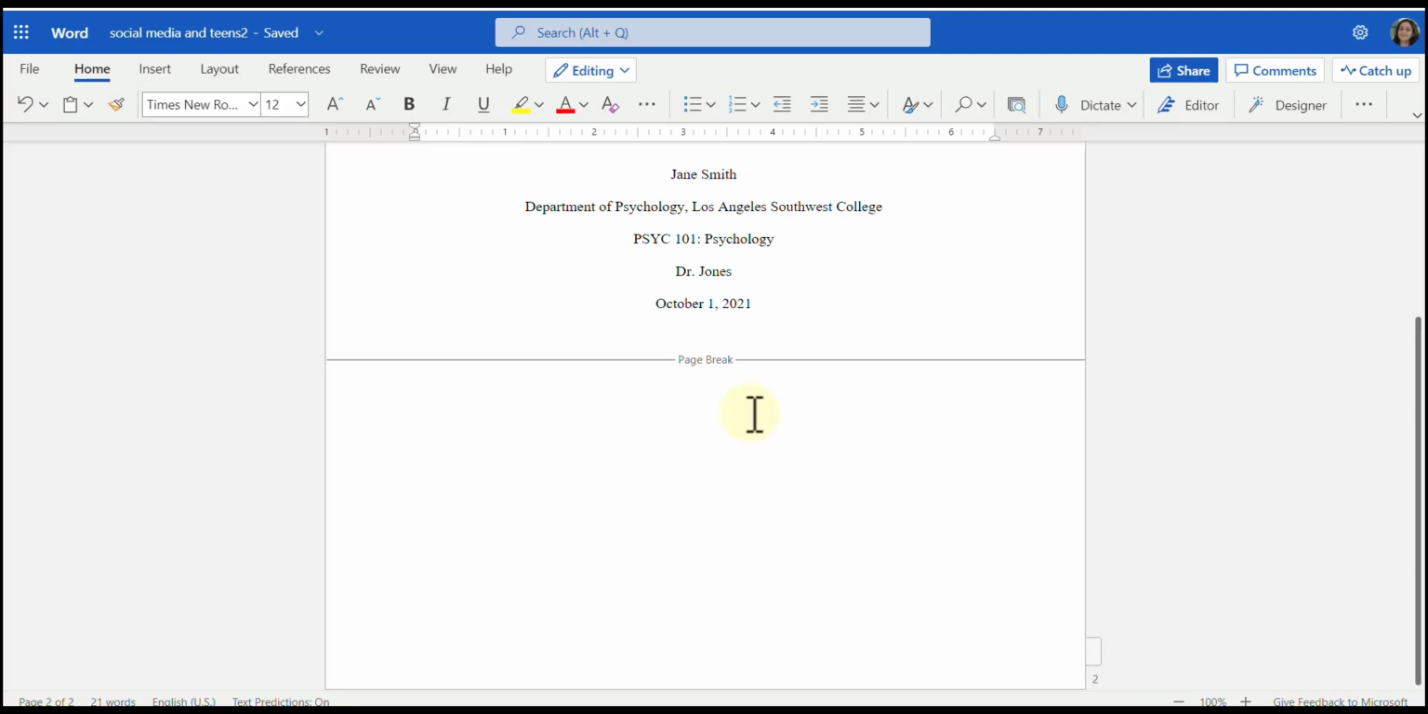And on the first line of page number 2, I need to re-enter the title of my essay, and it needs to be centered and it needs to be in bold. So from the Home tab, I'm going to turn on the bold feature. My alignment is still centered. Next, I'm going to type the title of my essay. Next, I am going to turn off the bold feature by clicking on the B again, and I'm going to